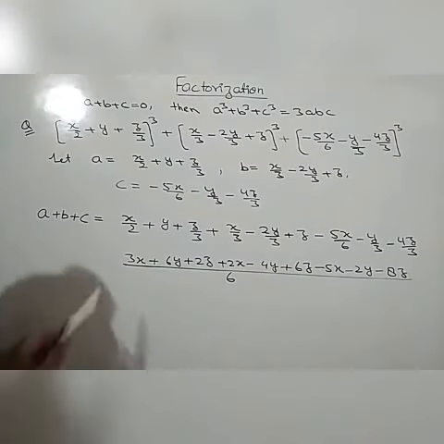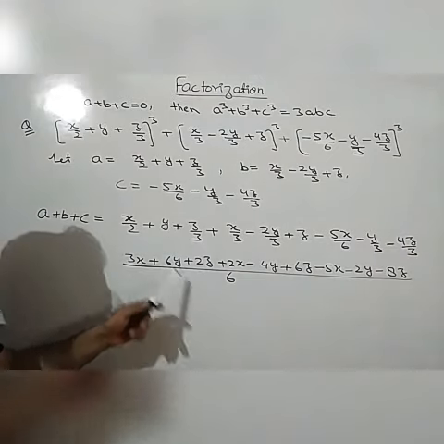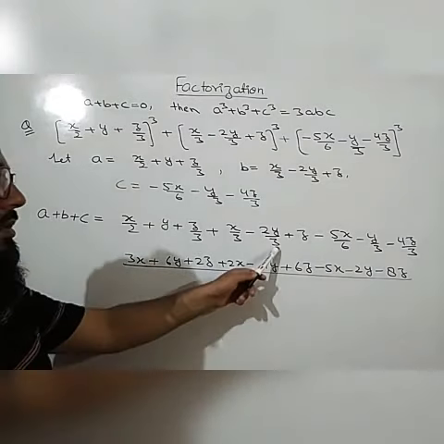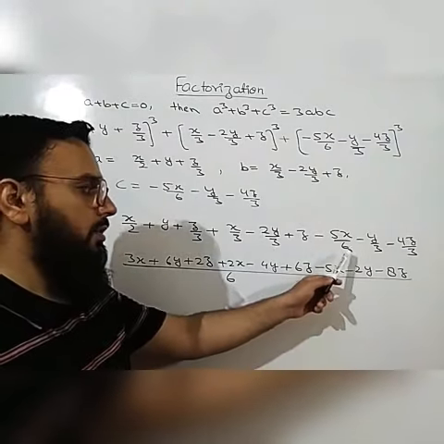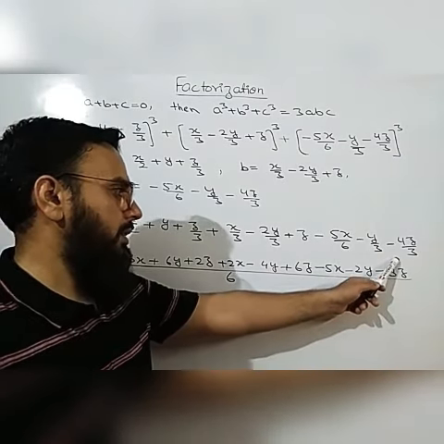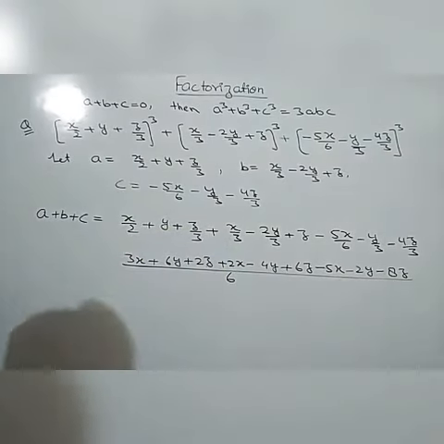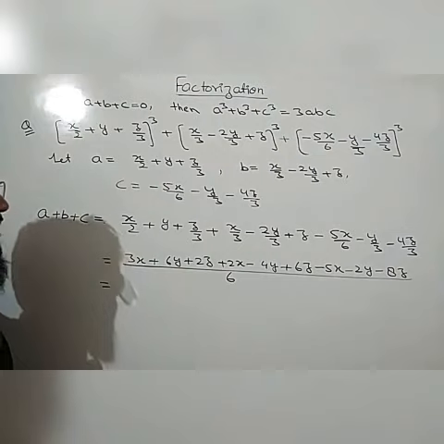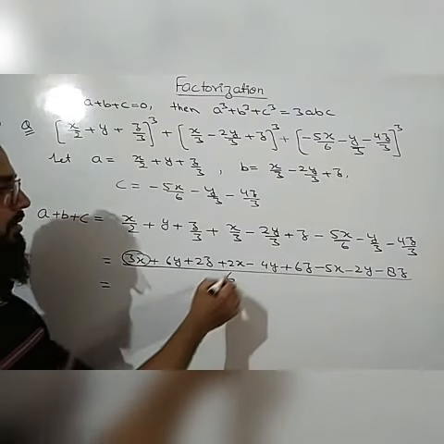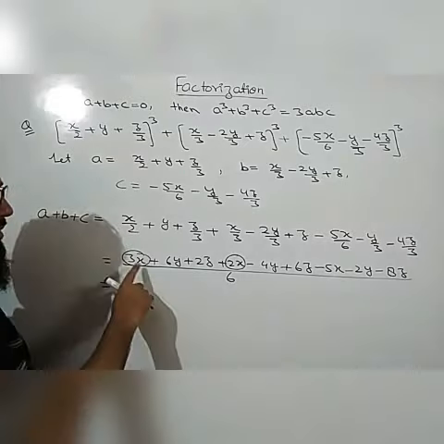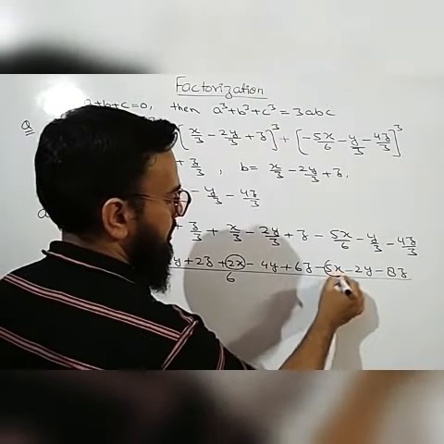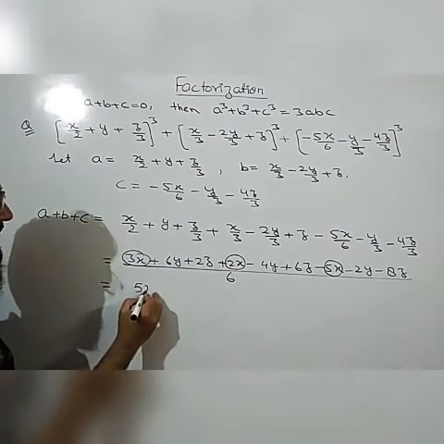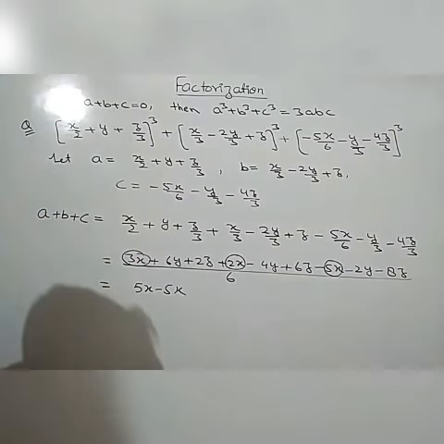Okay, let us check it again. 2 3s are 6, so 3x plus 6y plus 3 2s are 6, 2z; 2x minus 4y, 6z; 5x, 2y, and 3 2s are 6, 2 4s are 8z. Now let us find their sum. What will be its value? Let us first solve for x. It is 3x plus 2x, which is 5x, and it is minus 5x. So 3x plus 2x and minus 5x will cancel out. Then coming to y.